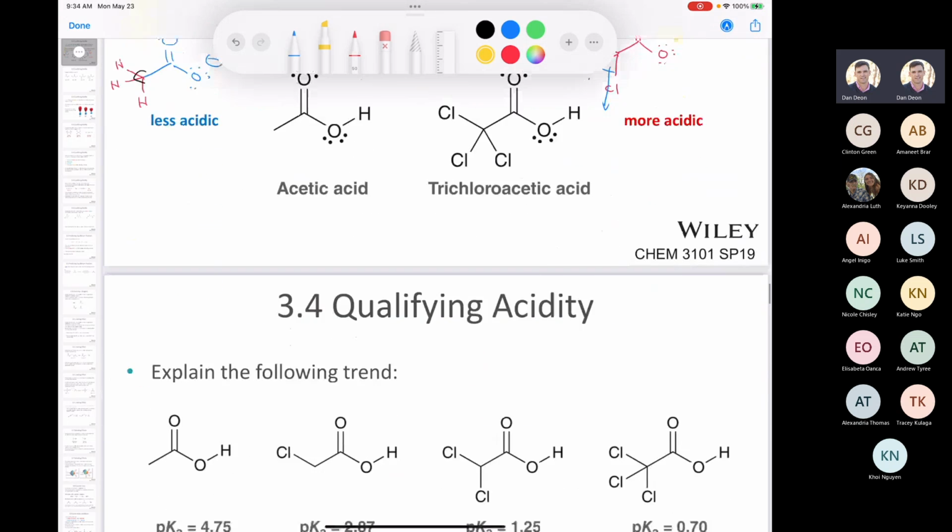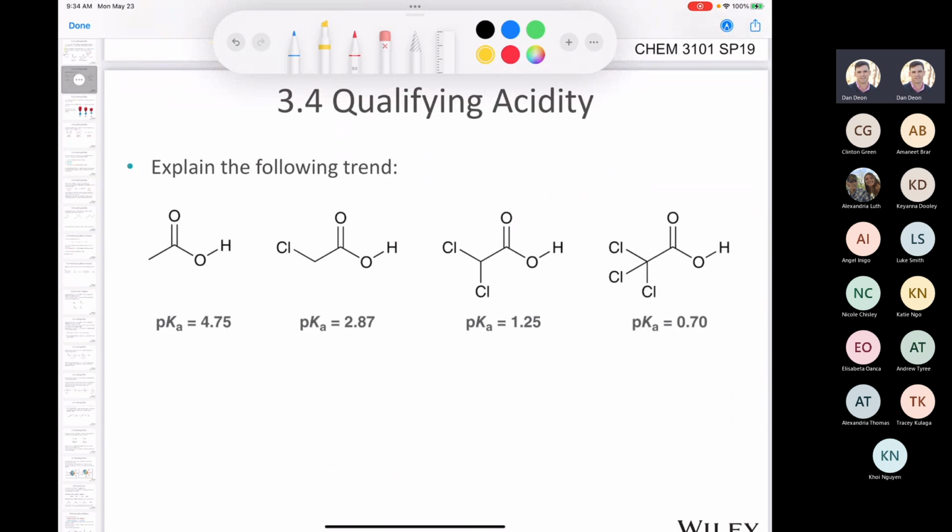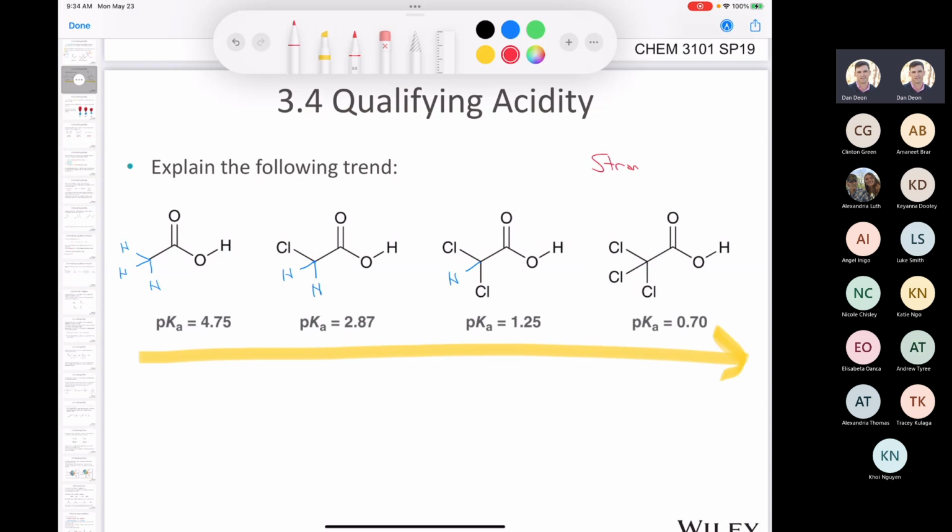Check out this here. This is in the same vein. It says explain the following trend. As you go from acetic acid, which is this molecule here, which has 1, 2, 3 hydrogen atoms on this carbon, and this would be chloroacetic acid, where you've got only 2 hydrogens and 1 chlorine. Then here you've only got 1 hydrogen, and then you've got trichloroacetic acid. Look what happens to the pKa's. They drop. They get lower and lower and lower. Right? We see that this is the strongest acid, and this is the weakest